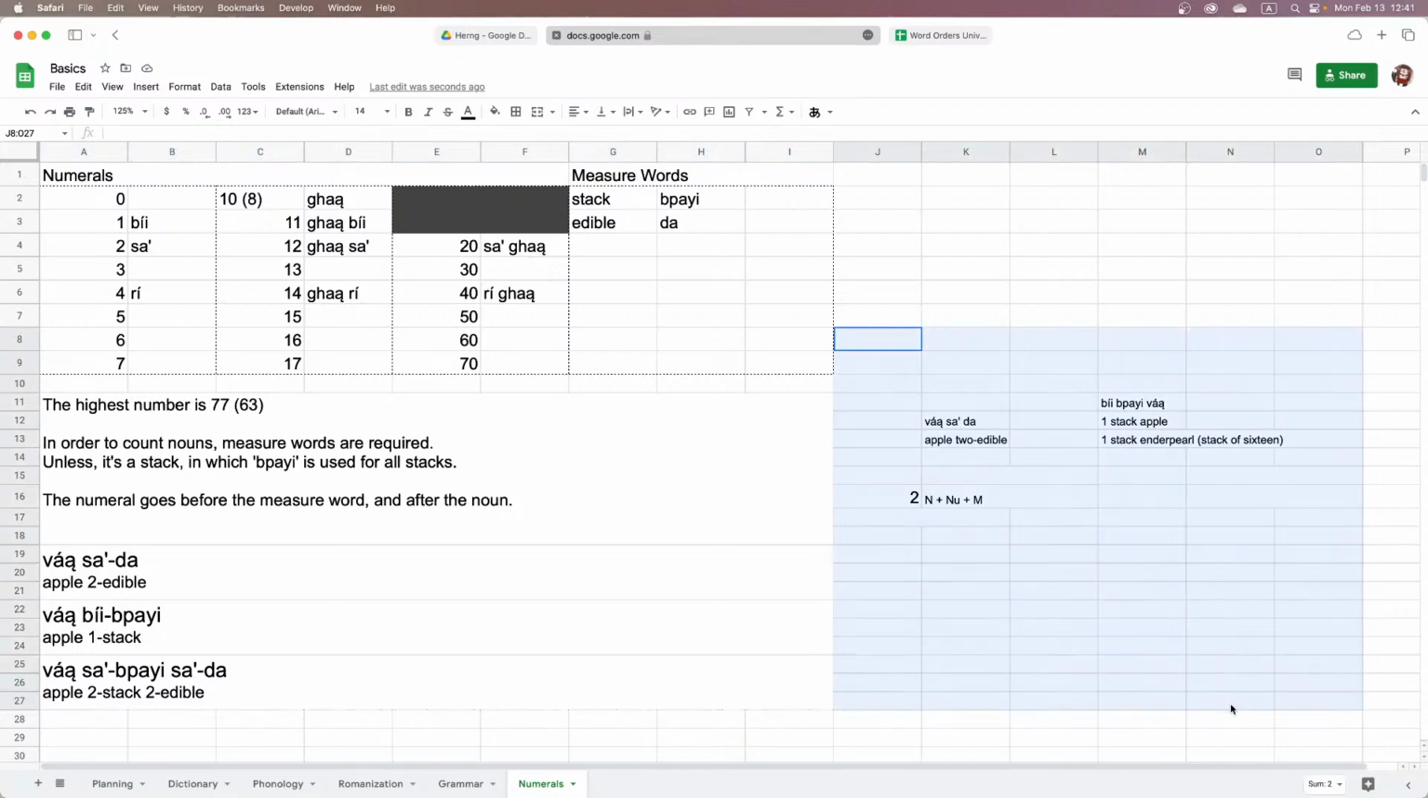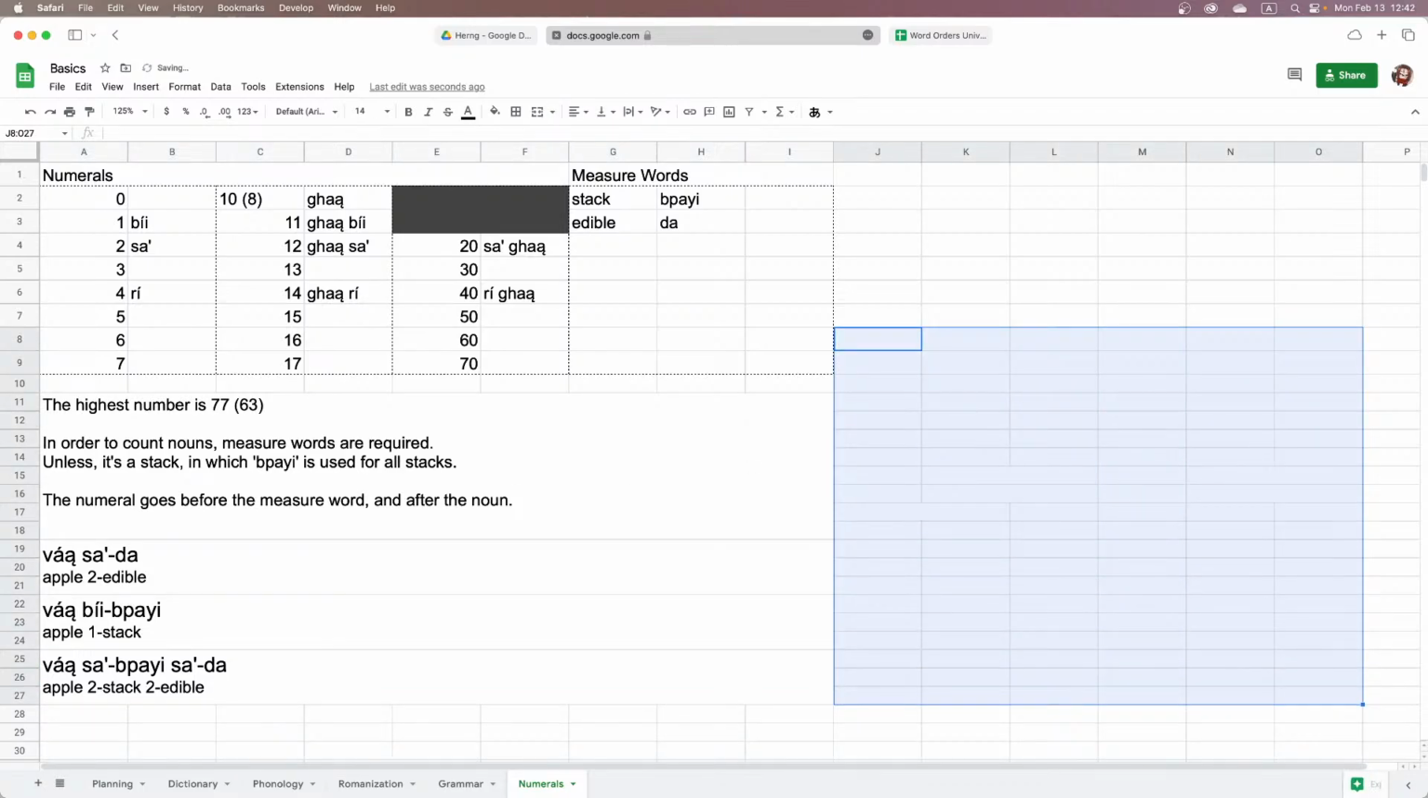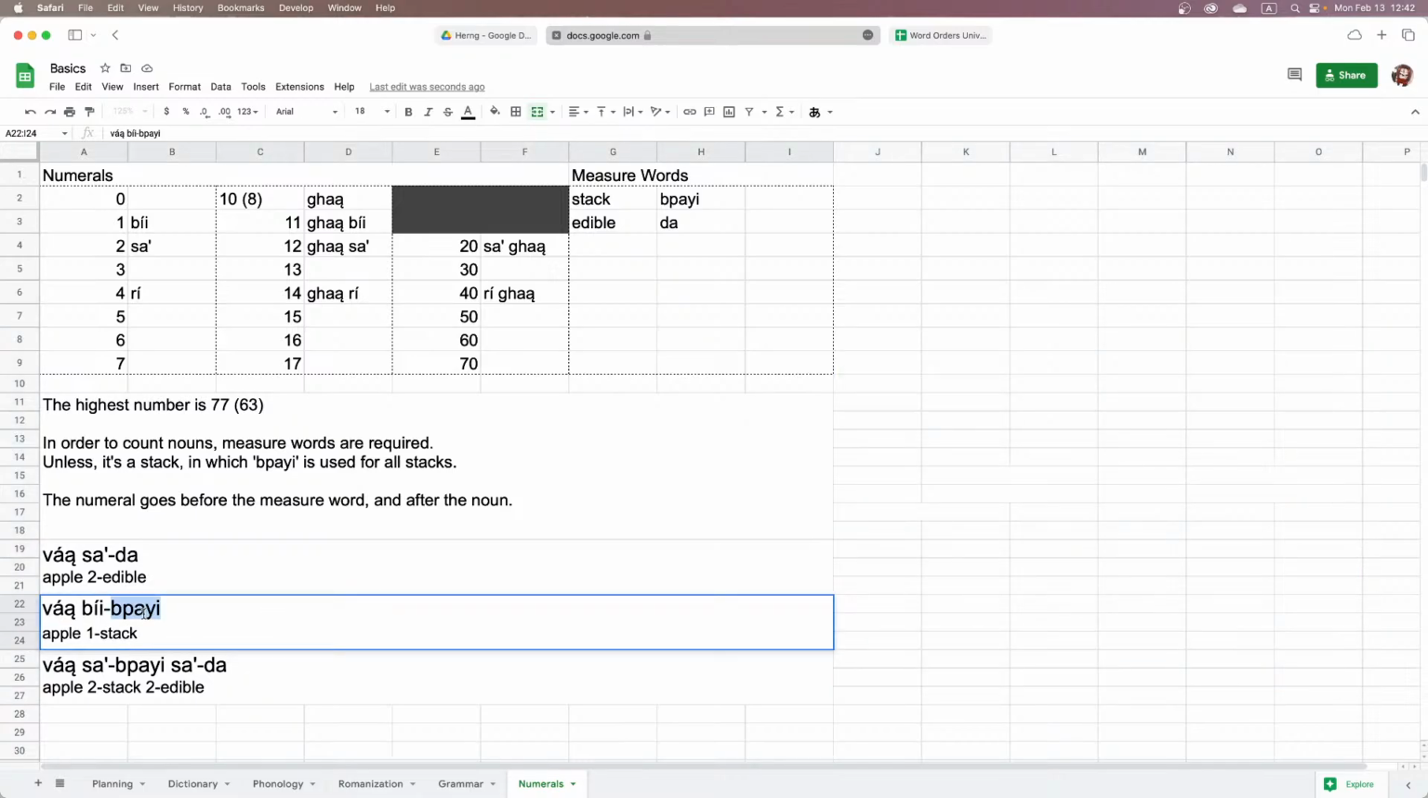It is a nice system. And because this is used for all stacks, including stacks of 16, it means that it still works better as a measure word than as the numeral for 100. Yeah, that seems good. So this means we have our